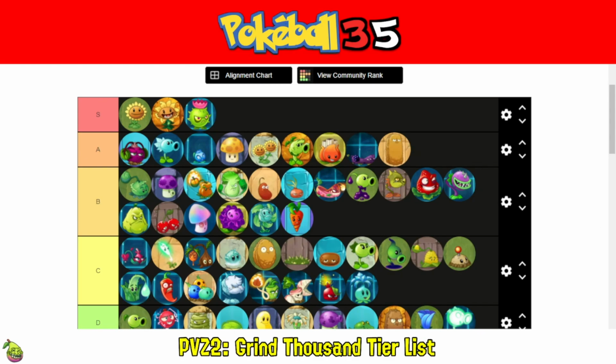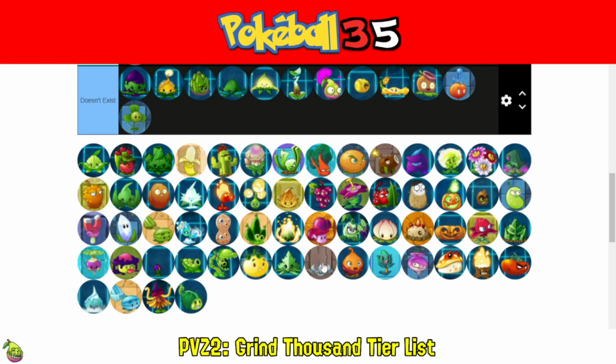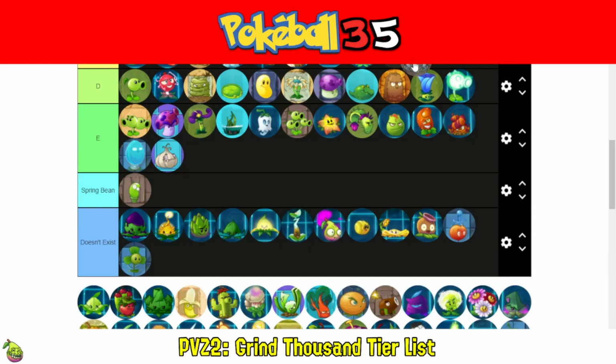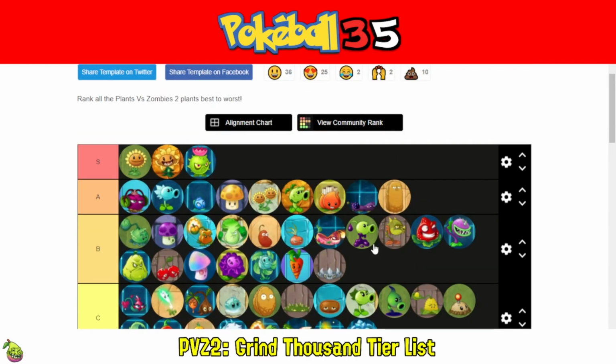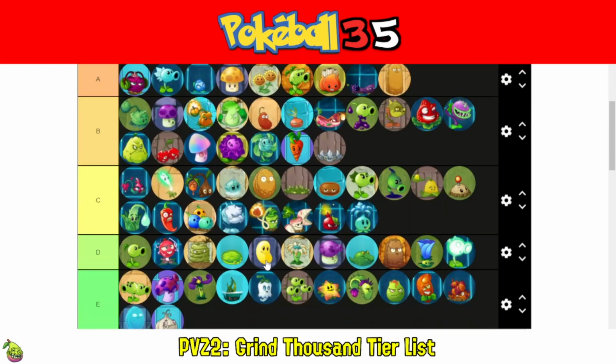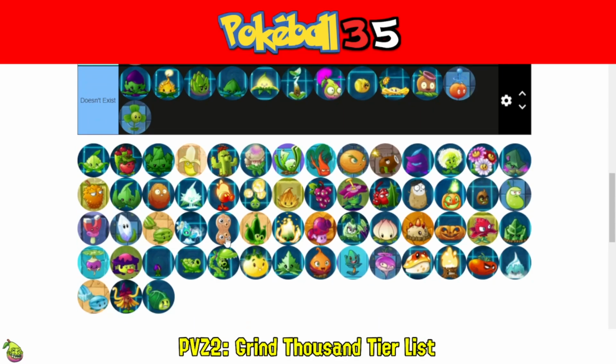It's good for that. Spike Rock is better than Spikeweed, and that's really all I can say about it because I think it's okay, but it definitely deserves to be in B. Zombies that walk over it take a lot of damage. It takes out anything like barrels and pianos and stuff like that. It's great for that. And then we have the last tier 3 plant in terms of Grind-thousand rarity, and that's